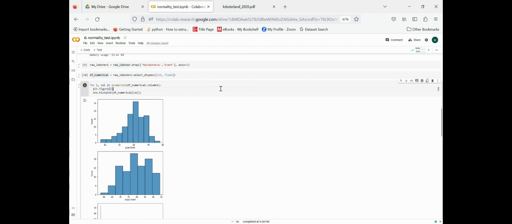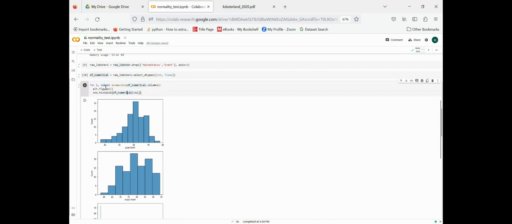The second line over here basically tells Python to plot each chart on its own. And then the third line tells Python to plot a histogram, specifically a histogram using Seaborn. And the data for that will come from this data frame called df numerical, and the columns in this particular